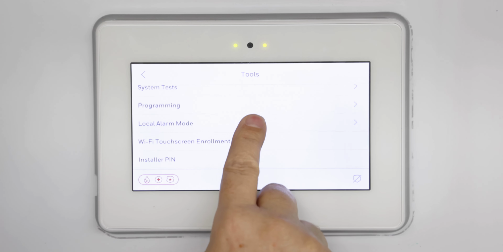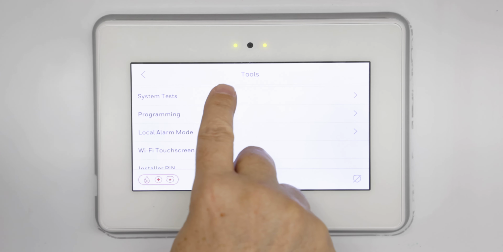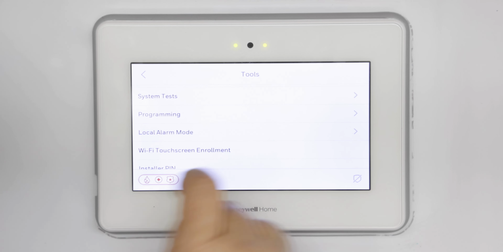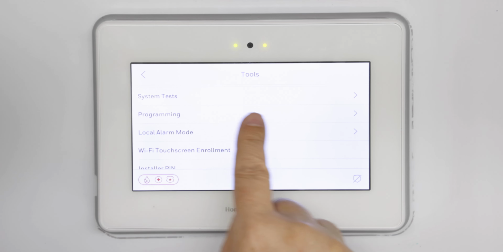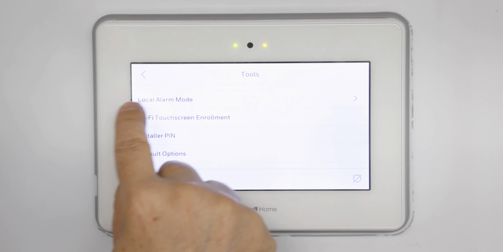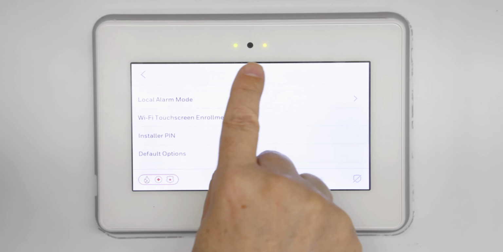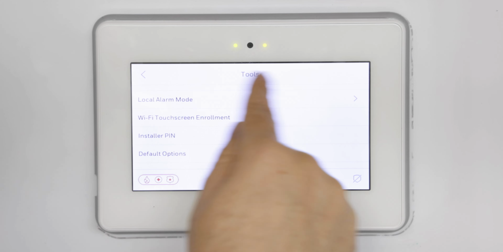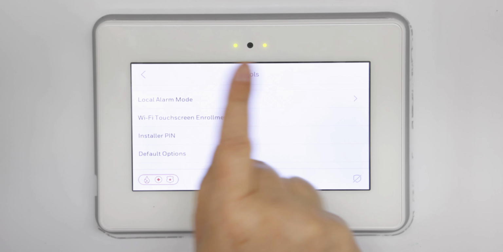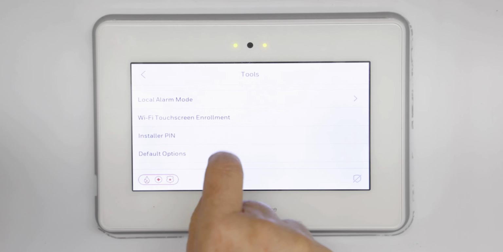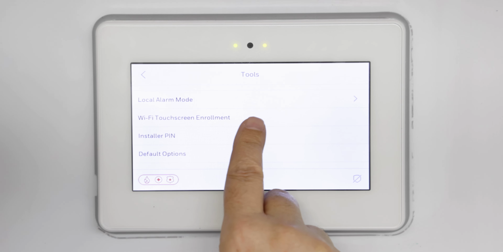This will allow you to see the system information. It'll allow you to run system tests. Something important that you want to do if you're doing this yourself is test your system, make sure it's doing what you think it's doing. Programming is here. Local alarm mode is here. In case you're programming it locally, if we're taking it over remotely, that needs to be turned off. Don't do it. Wi-Fi touch enrollment,